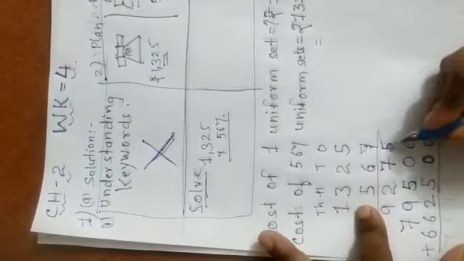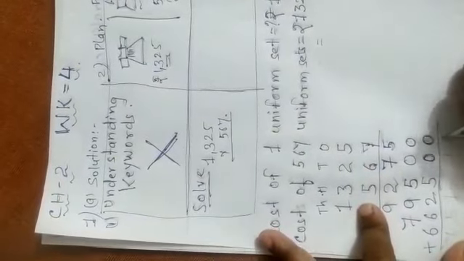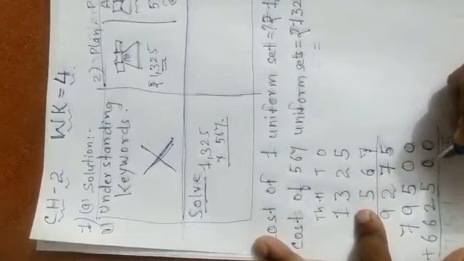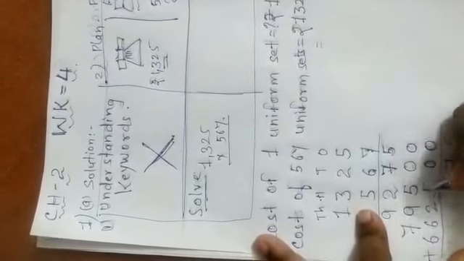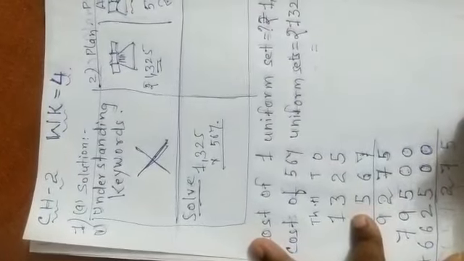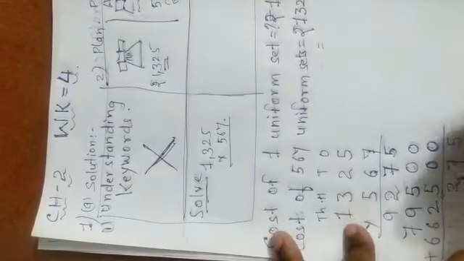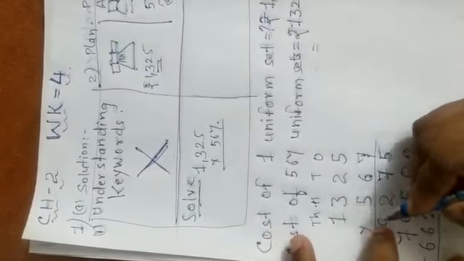5 ones plus 0 ones plus 0 ones, 5 ones. 7 plus 0 plus 0, this is tens, 7 tens. 200 plus 500 plus 500, 1200. So I put down 2 in the 100 column, and 1000 will go as a carryover in